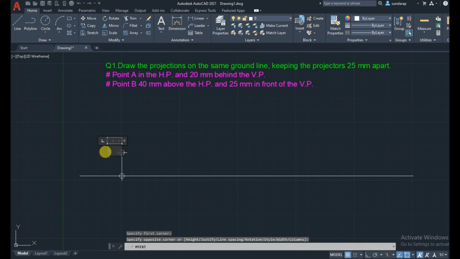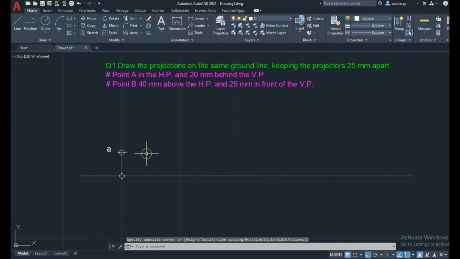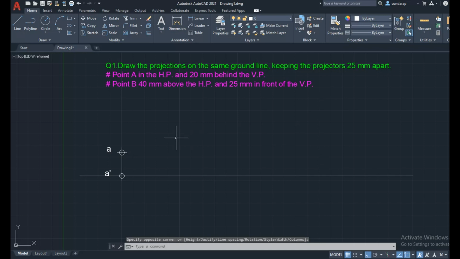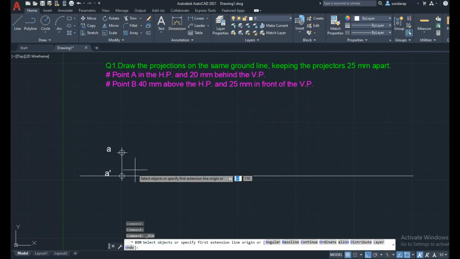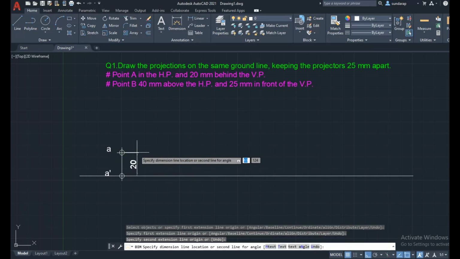So this is the top view, a small letter a without a dash, and here as the front view on the xy line, a with a dash. It also has the dimension: from here to here is 20 mm behind the VP.